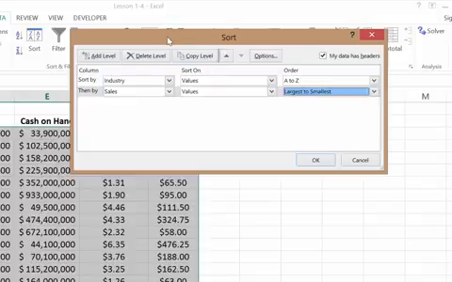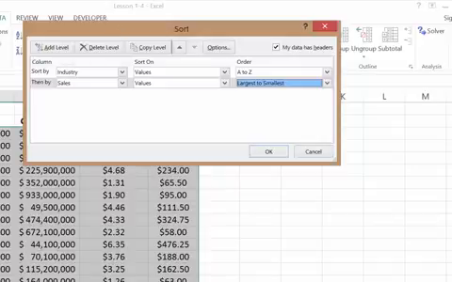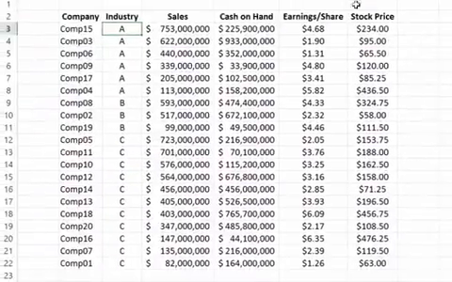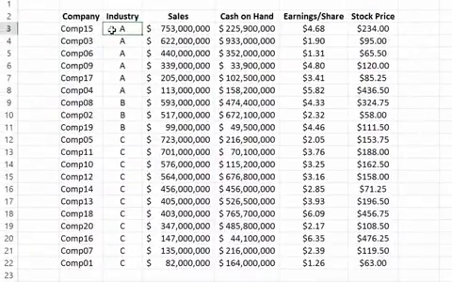Now this set of sorting options will reorganize my data table again. It'll still categorize my companies by industry, but then within those categories, I'll have my sales values sorted from largest to smallest. Click OK, and notice I have just what I expected. All of my companies in Industry A are together.